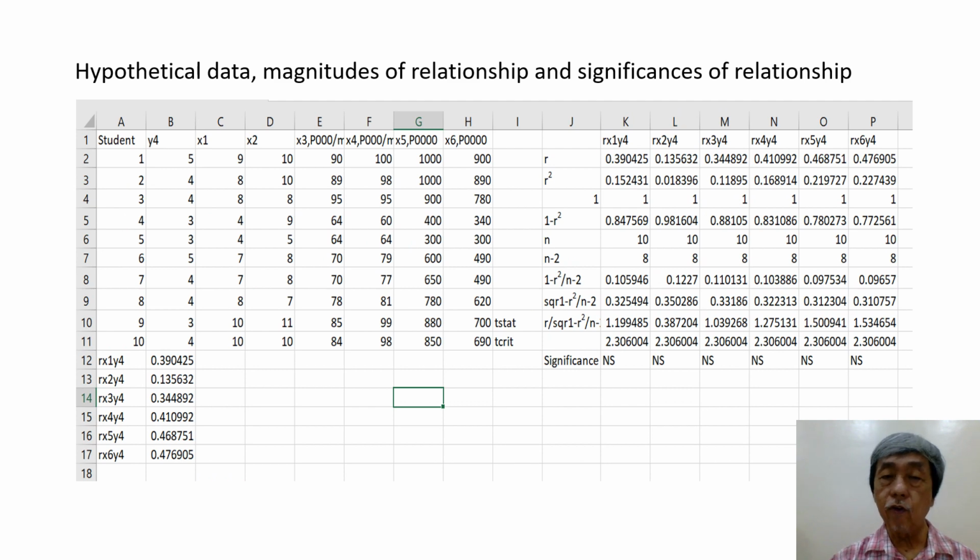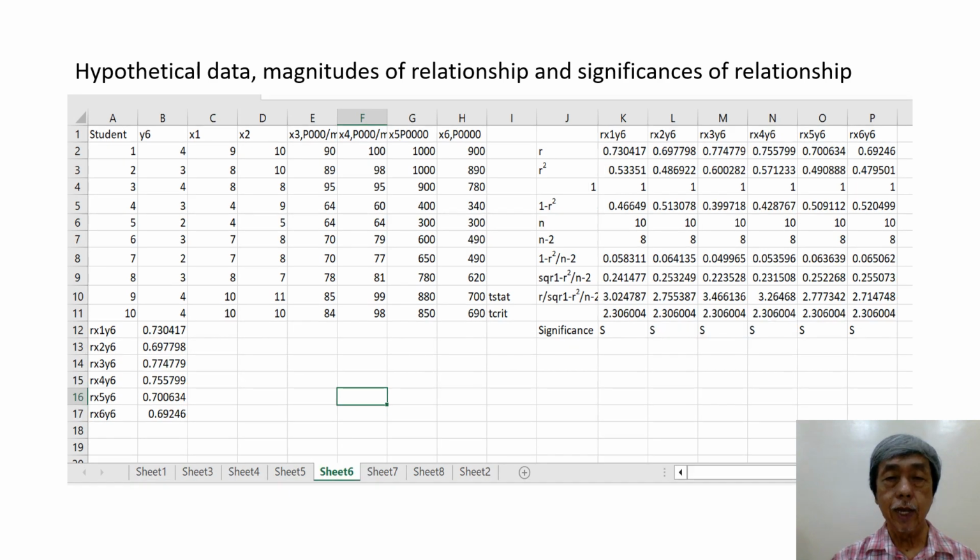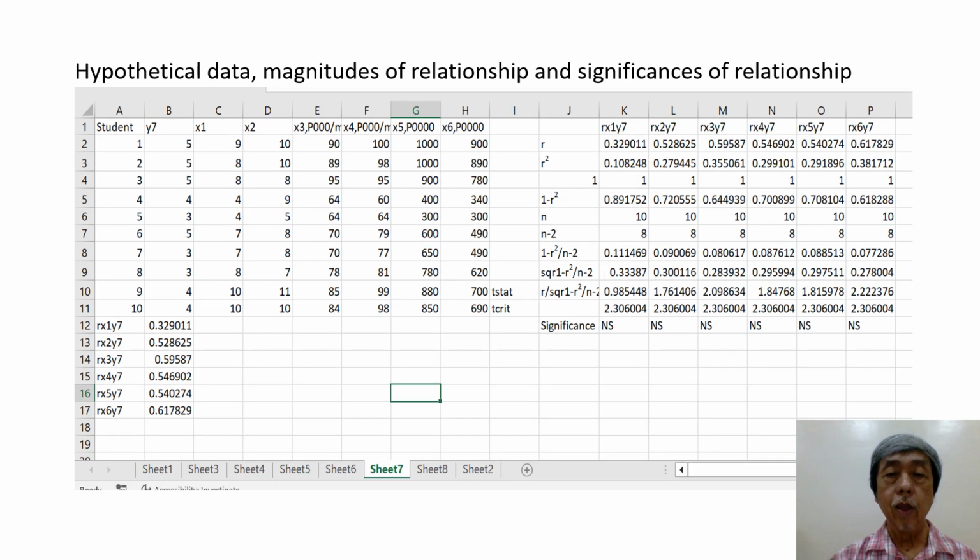This is for the fourth dependent variable. This is for the fifth dependent variable. For the sixth dependent variable. For the seventh dependent variable.